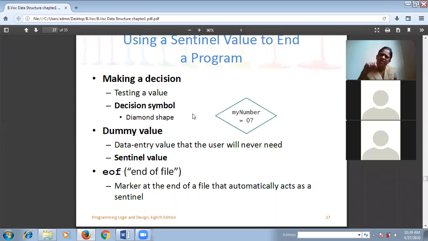That means the program should exit at this point because there is no meaning to repeat or to execute the statements number of times. As the input is 0, if we double it, it will again be 0. That means the system must be able to identify that this should be the exit for the current program. In that case, we can consider this 0 as a sentinel value to this program. Got it? What is sentinel value?